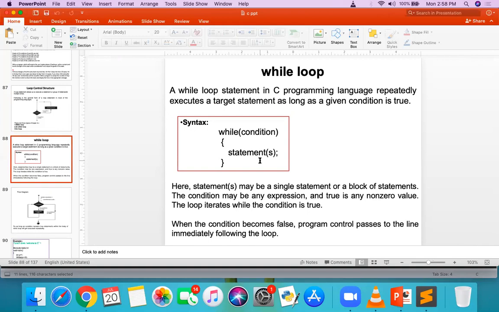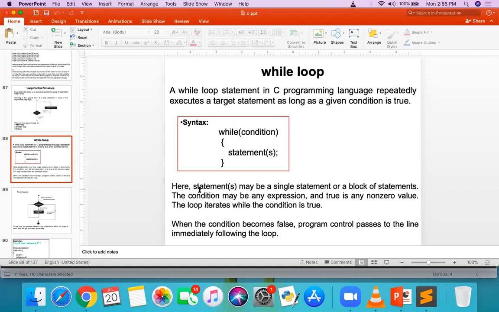It is very similar to your if condition statement, and here instead of if just write while, then it becomes: while the condition is true, execute the statement. So that statement will be repeatedly executed while the condition is true. If the condition is false, then it goes directly outside of the while loop.